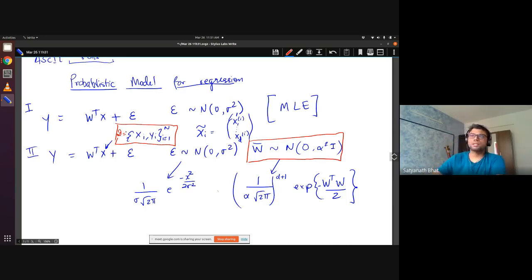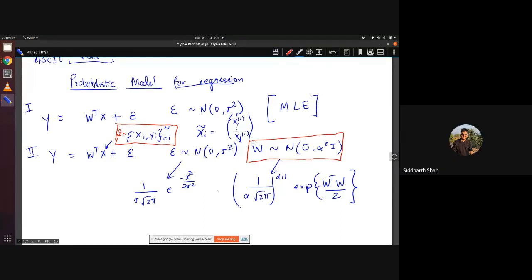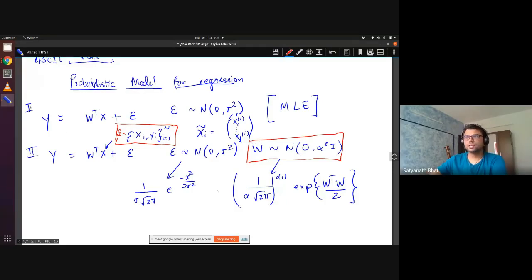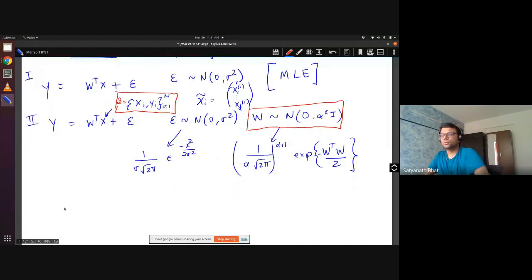What is it that we would like to do? We want to learn the parameter W. In the previous case, we thought that we don't know W and we have a given set of data. We would like to do MLE estimation, and we did, and we realized that the W that you get there is the maximum likelihood estimate. Now, it's the same model, but there is a prior on your W. So you have to use Bayesian estimation. MAP estimation is what we are going to do.